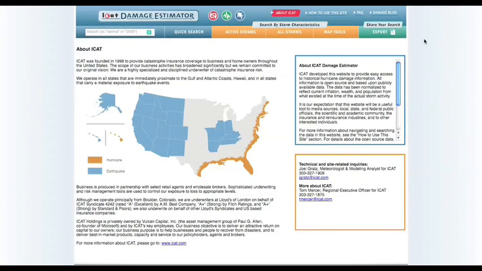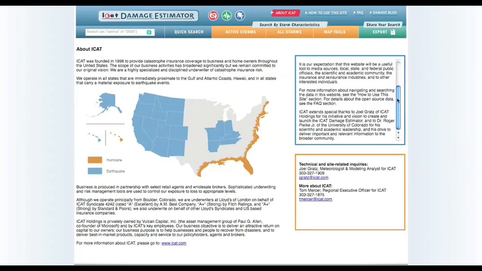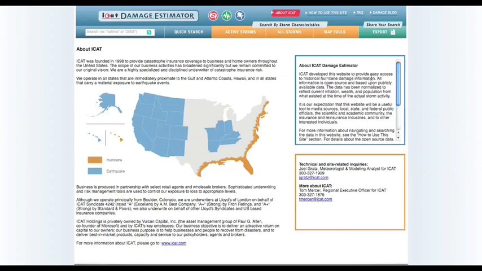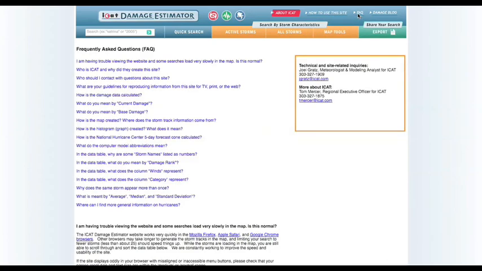ICAT developed this website to provide easy access to historical hurricane damage information and to deliver important and relevant information to the broader community. Please find more information about the ICAT Damage Estimator and about ICAT itself at our About ICAT page. Also, browse through the FAQ page for answers to some questions you may have, and to stay up to date